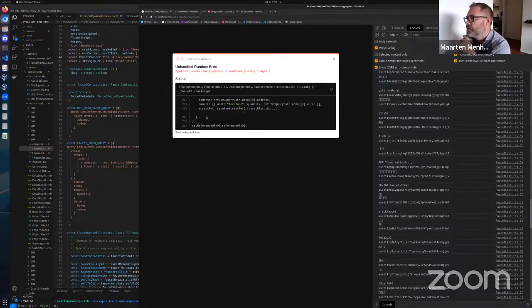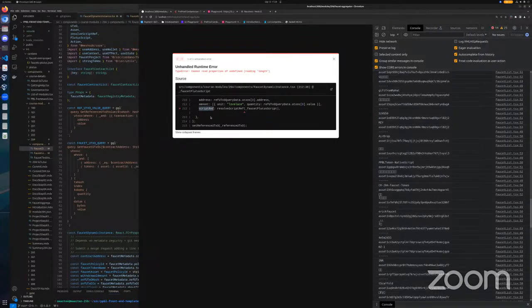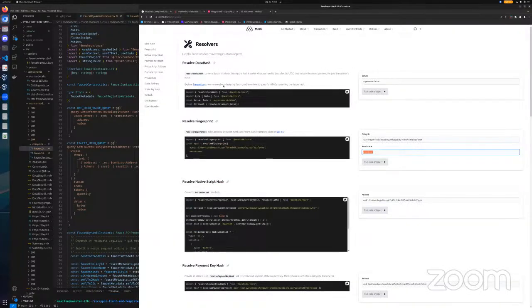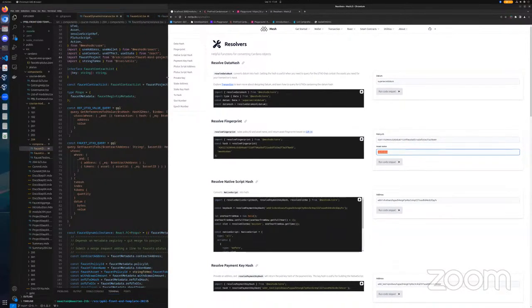But this script ref, what is it? Let's find that in the mesh docs. You've got the mesh docs open at top, right? And this is actually a UTXO. Where is that? I forget how up to date these docs are. You might actually have to go... You know what? Let's do this just for fun. There's the GitHub link in the top right corner of the mesh page.